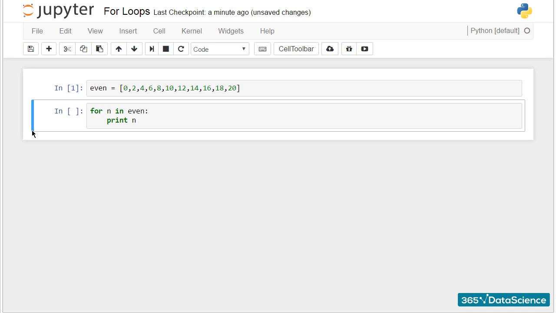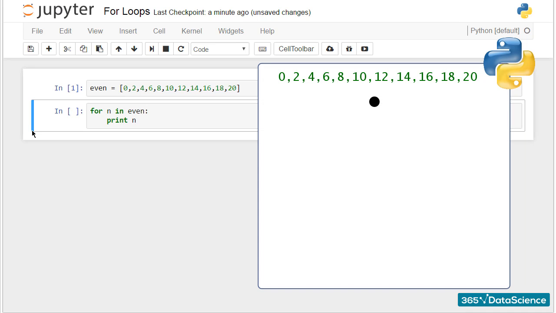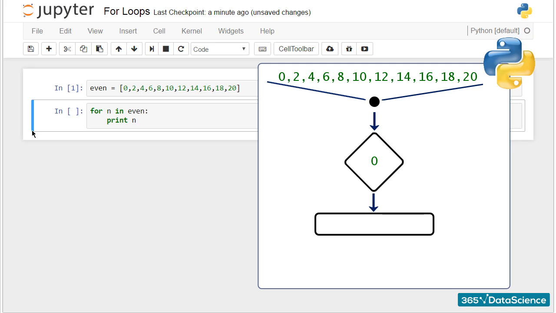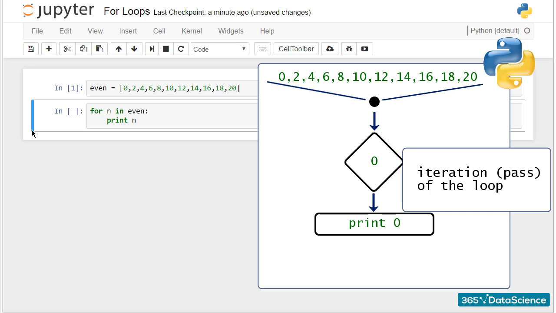Now, let's go over the steps implied by this piece of code. The loop starts by taking an element n from our list. Then, the computer executes the body of the loop. In our case, it will simply print that variable. When the computer is done with this operation, called iteration or pass of the loop,